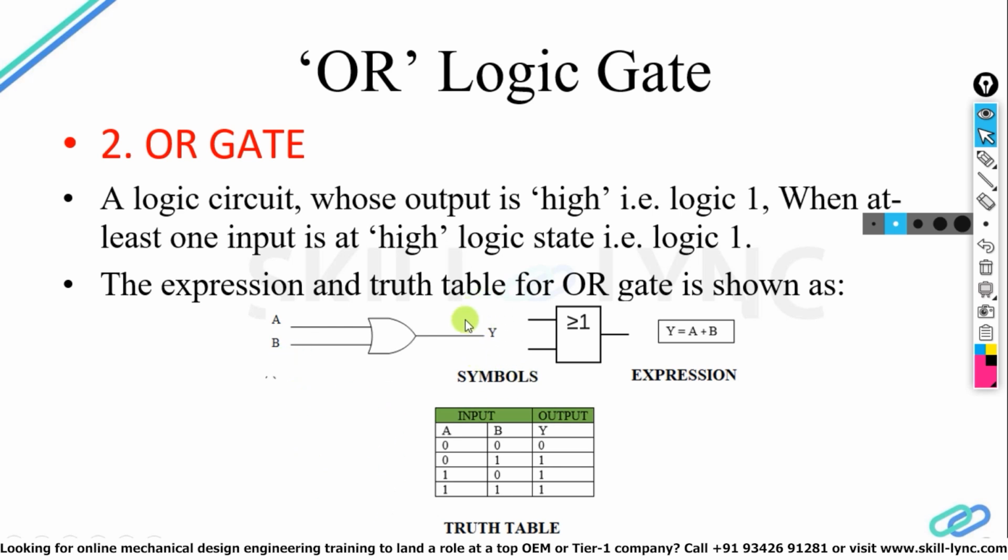So the final expression will again be OR, and the output says Y equals A1 plus B1, then A2 plus B2 and A3 plus B3. We have to add all the sets of inputs. So simple thing, the Boolean expression says if you have 2 inputs, just add those 2 inputs. For example, this is AB, so Y is A plus B. If I have one more set CD, then Y equals C plus D. If we put one more OR gate, then A plus B plus C plus D.